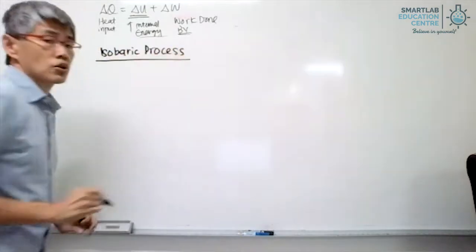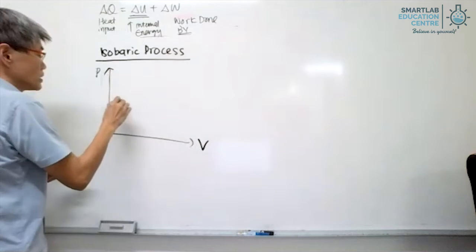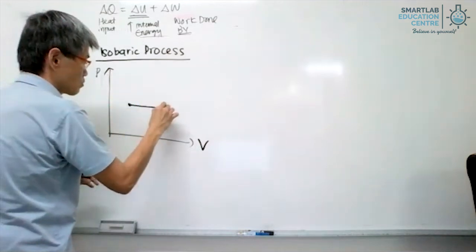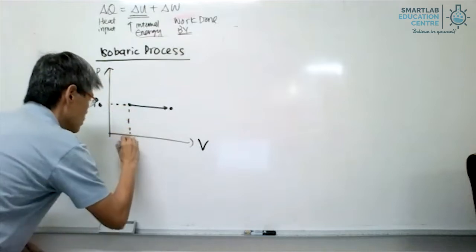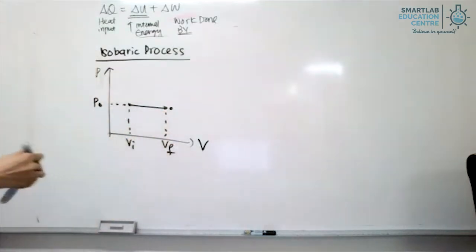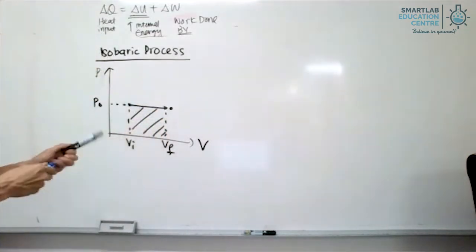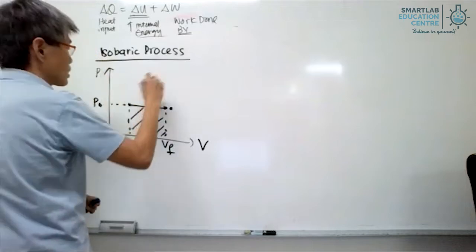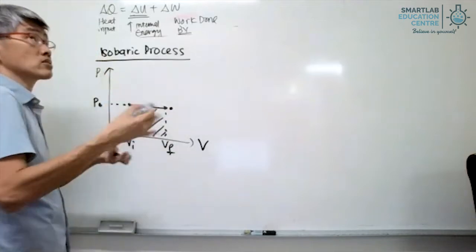So in an isobaric process, if you look at the PV graph, you find that the pressure is constant. You can see down here that the pressure will be P0. This is the initial volume, and this is the final volume. In this question itself, what we could do is first to tell ourselves that for this to happen, if you were to remember based on